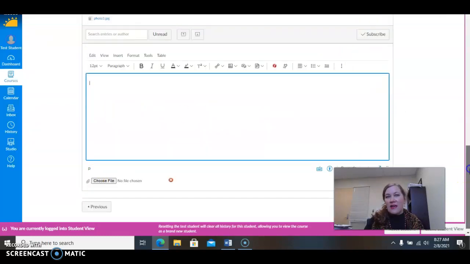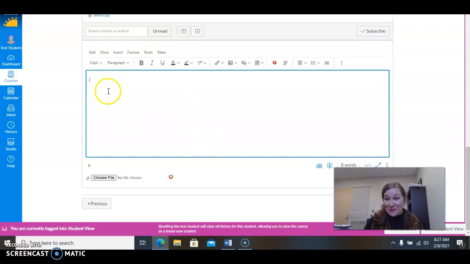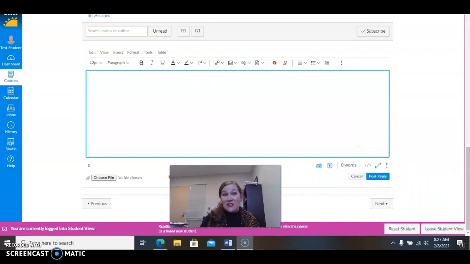Now, as far as your actual discussion post, you're going to type it in this particular posting. You can change the font right here. You can make it 12, 14. You also, if you want to underline or bold anything or change your colors, just make sure you're as formal as possible. And then when you're finished, you're going to click